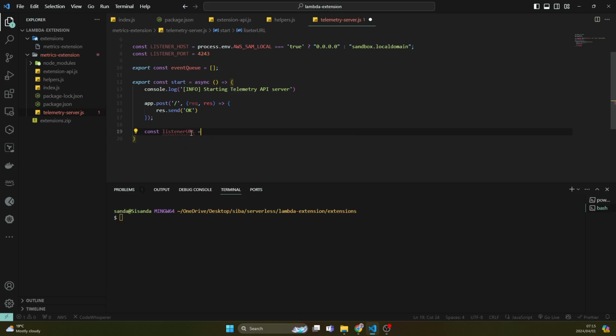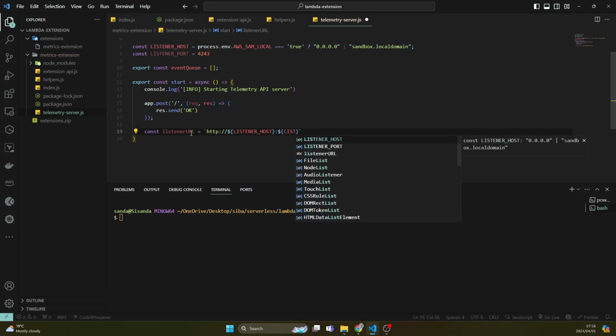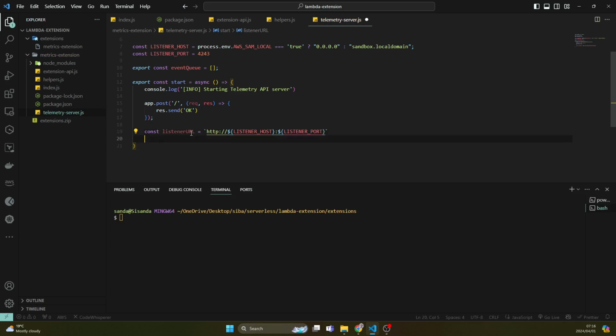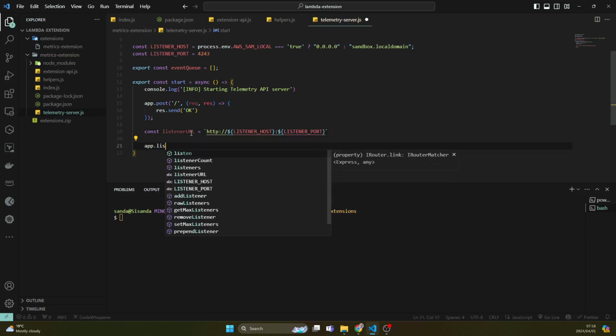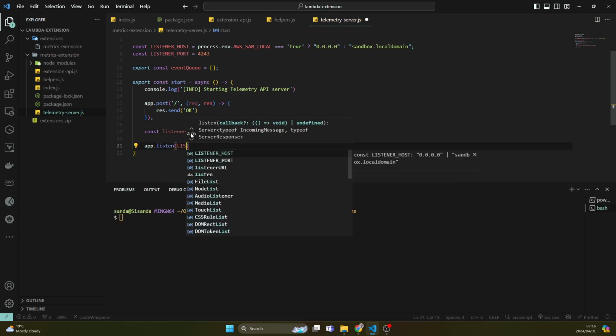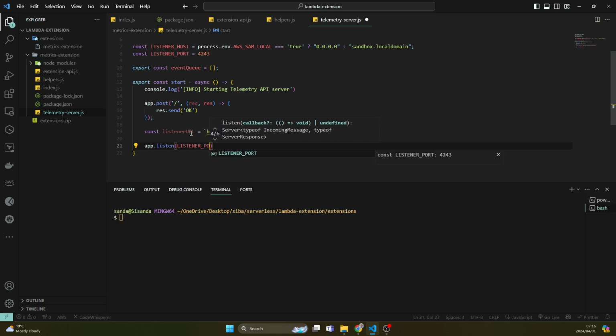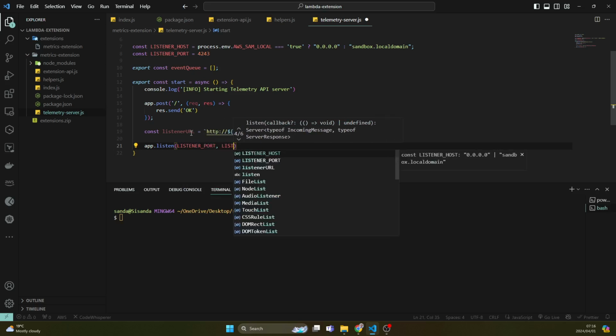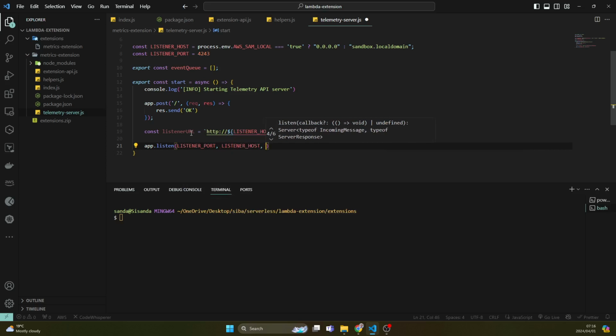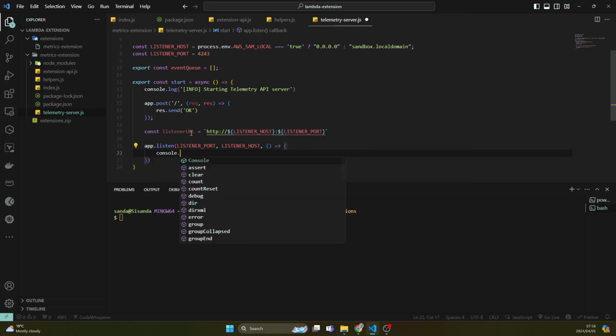Listener URL equals HTTP and listener host, and then listener port. Okay, then what we're going to do is we're going to say this should listen on the listener port. Okay, and this will be the host, and then we're going to have obviously that callback function where we then console